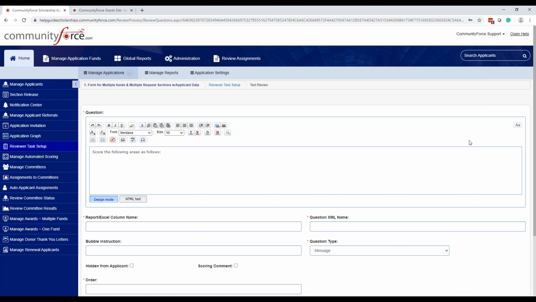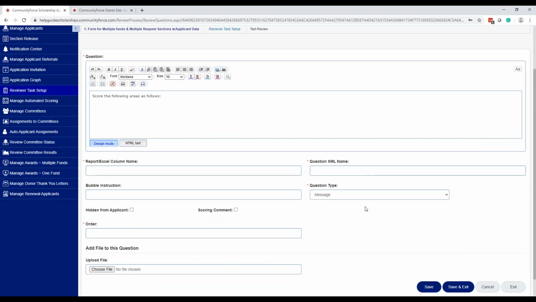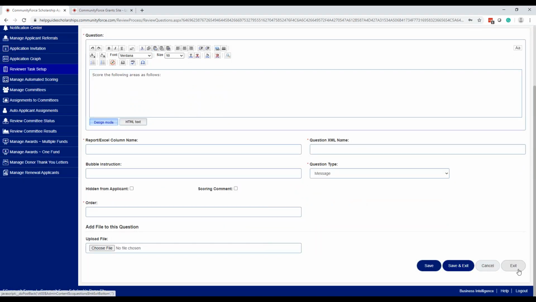And then we'll do maybe a scoring listing here for them to know how to score. And then you would just save that,